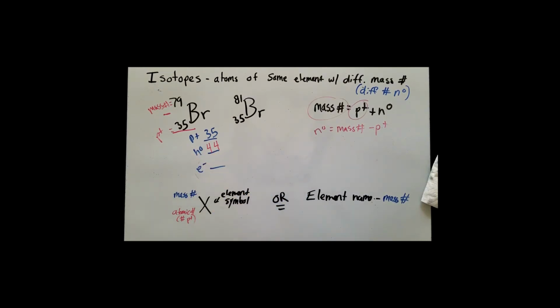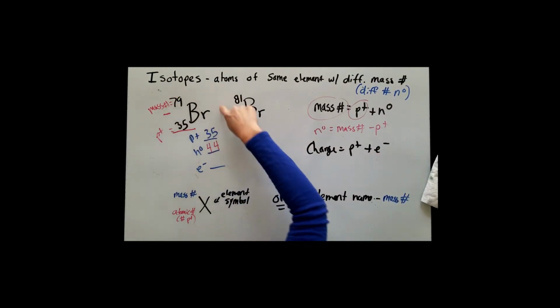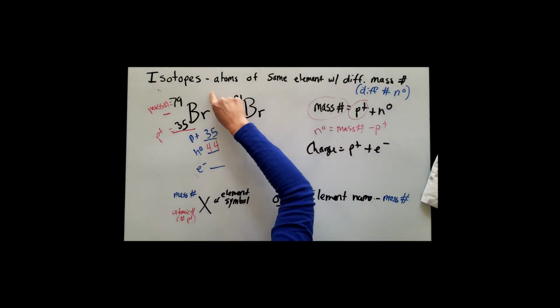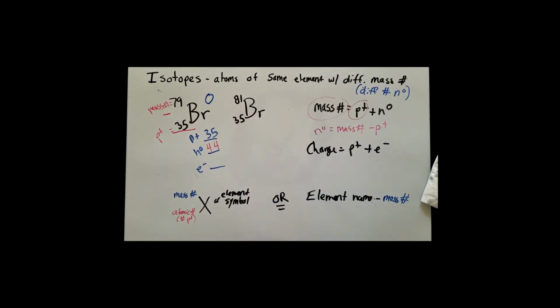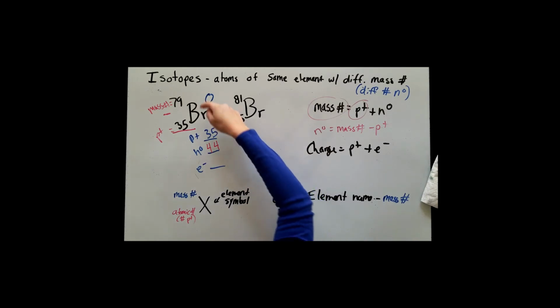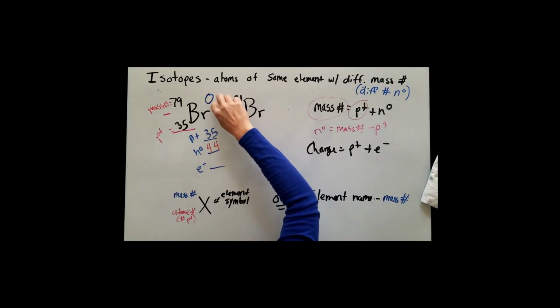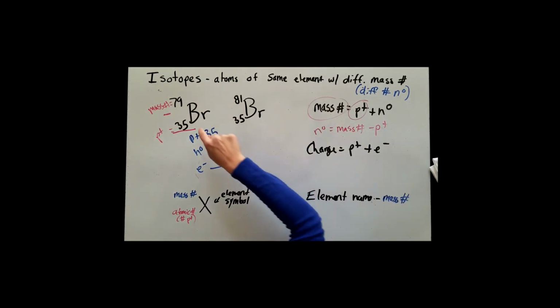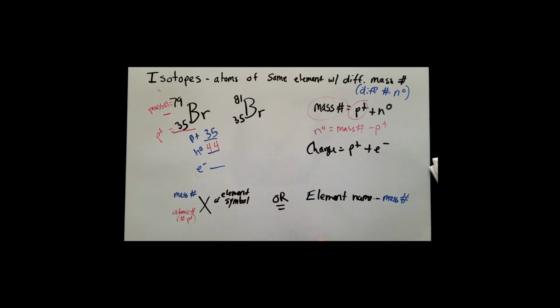Now for the electrons, how do we figure that out? Well, for that we look at charge. Okay, so we said for charge, you would take the protons plus the electrons, because protons have a +1 charge, electrons have a -1 charge. Well, what is the charge of this atom overall? It's actually neutral. How do I know that? Because if there was a charge, it would appear in this upper right-hand corner. Okay, so if it was a -1, a +1, a -2, +2, that would appear here. The absence of there being a charge tells me that this bromine isotope is neutral, meaning it has an overall